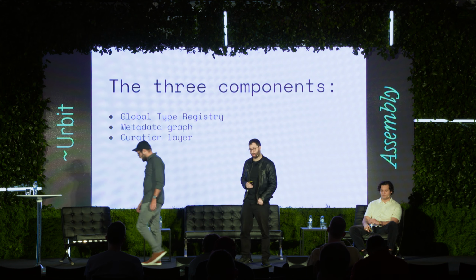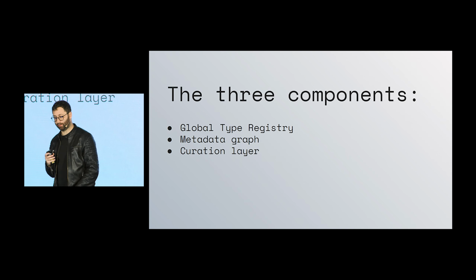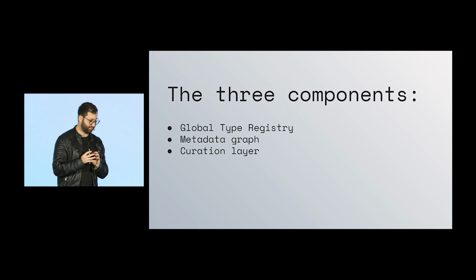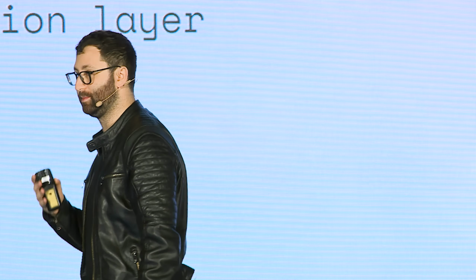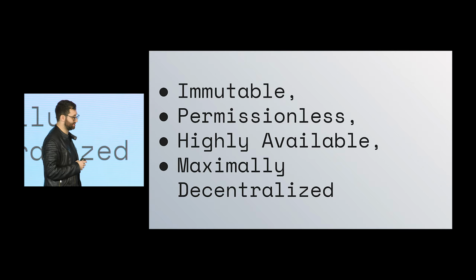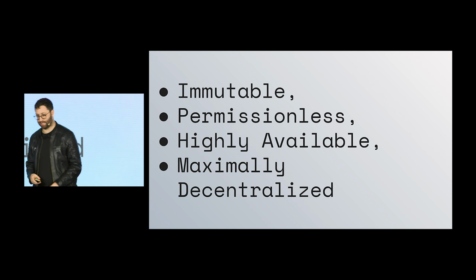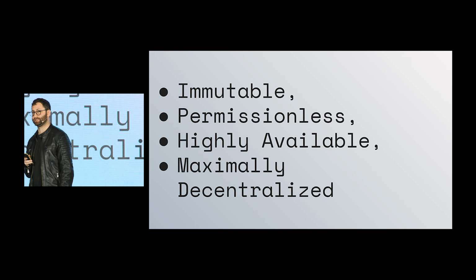Cool. Yeah, thanks, AJ. So yeah, we really like Urbit, and you might be thinking, what does Urbit have to do with this, or where does it fit exactly into the stack of not just using the global type registry, but how can Urbit specifically help? With determinism and the properties that you get from Urbit, you have the ability to get repeatable builds and lots of interesting guarantees. And we see this as a place where you can do interesting things.